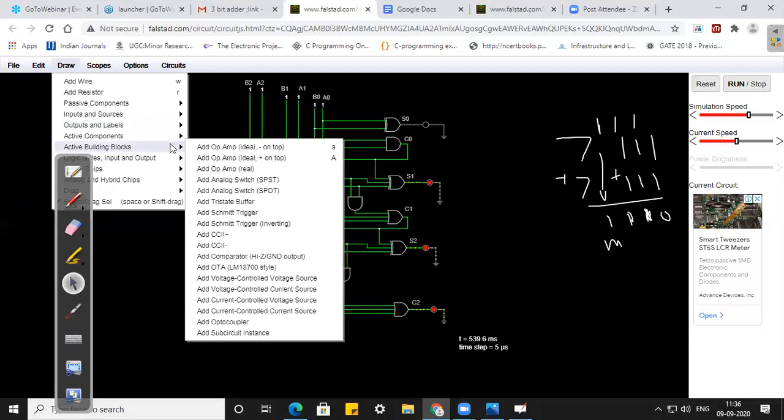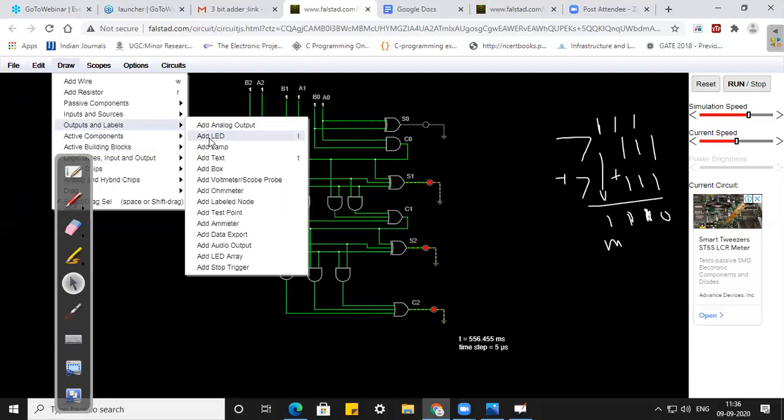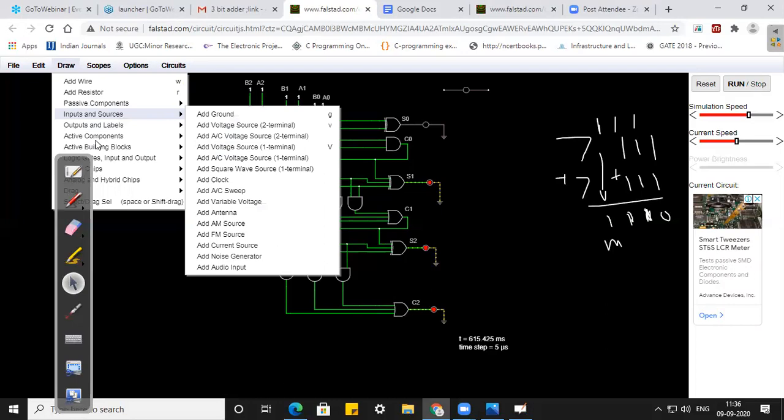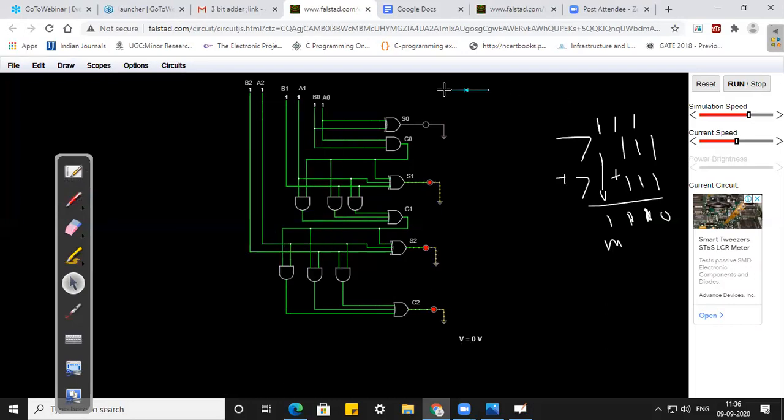If I want to connect an LED here, I will take the LED and connect it to the circuit. I have to connect a ground also, and I will get the ground from these inputs and sources. So in this way you can add these components in the circuit.